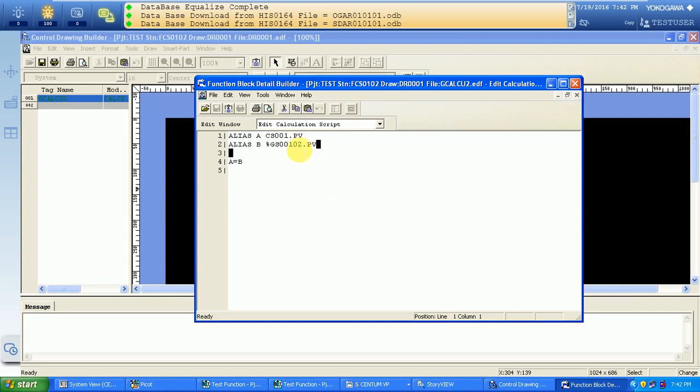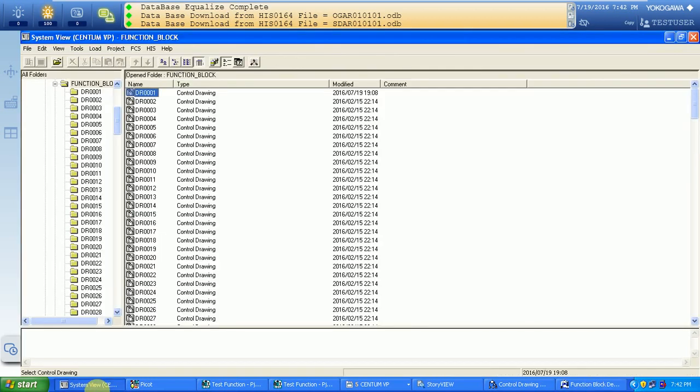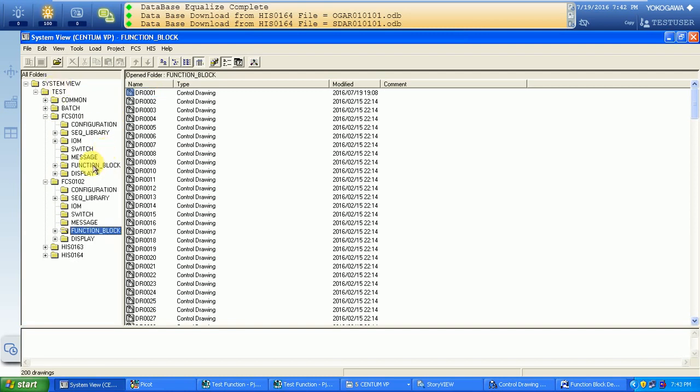So here you will need to choose another switch that is present in this FCS, that is CS002, present in FCS0102, and we need to give the element number of global switch GS001.